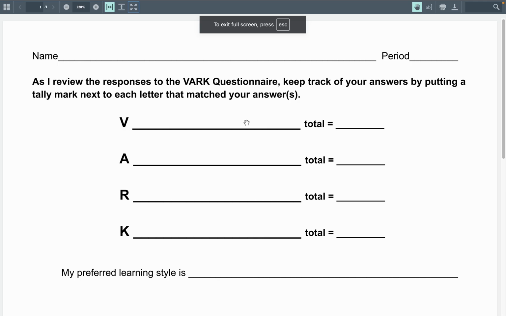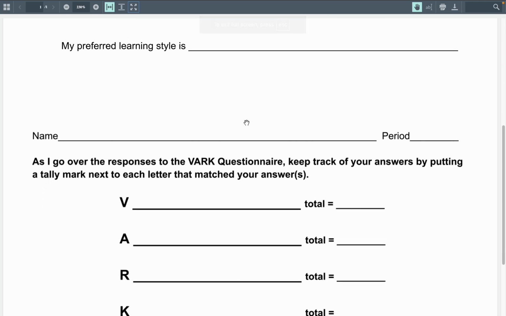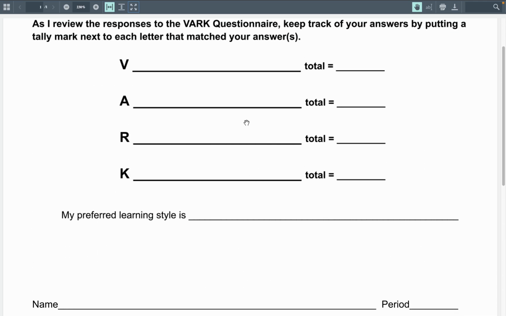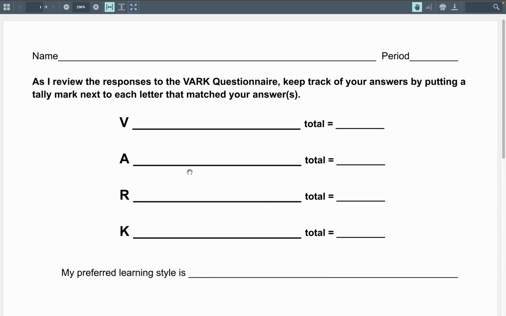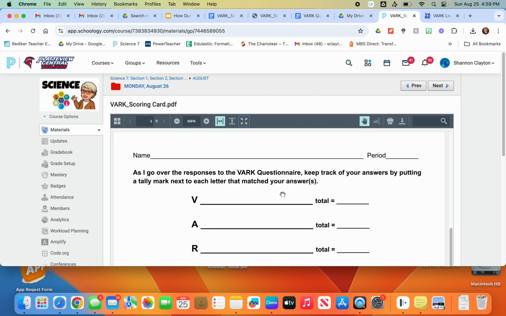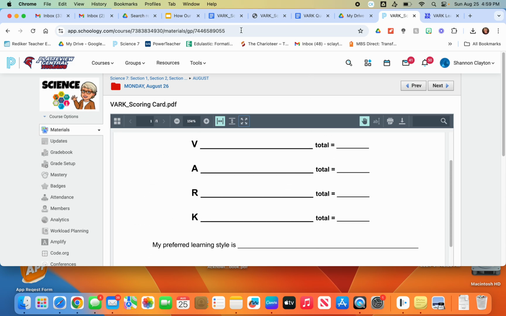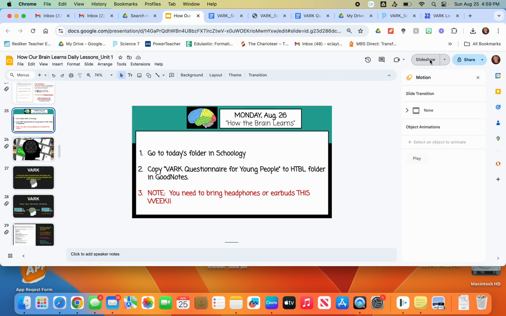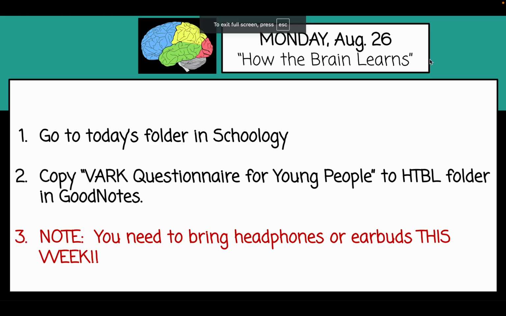This is one that was a paper copy I gave the kids. So I put two copies on the same paper. You will only have to fill out the top part. You don't obviously have to fill out both parts of that. Okay? All right, let me get on to the lesson.